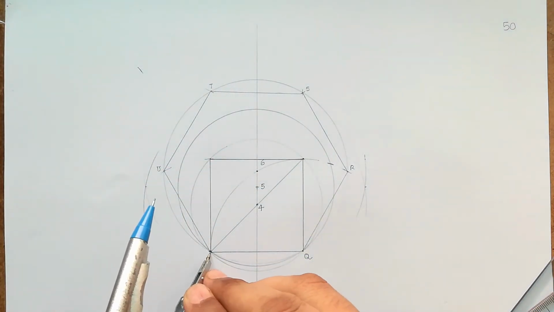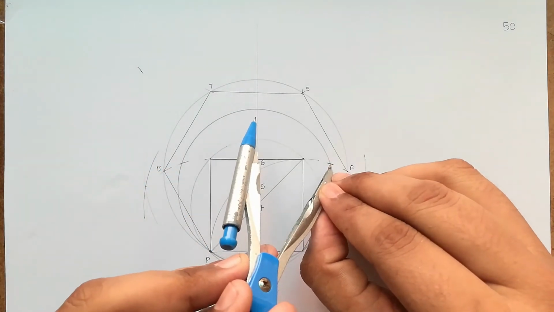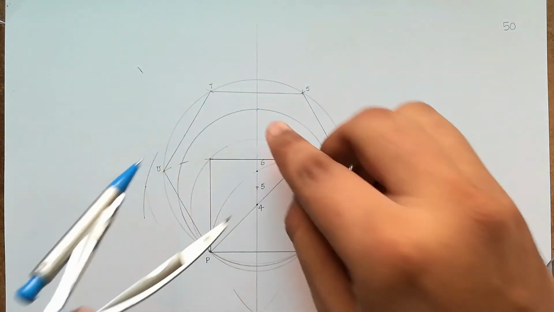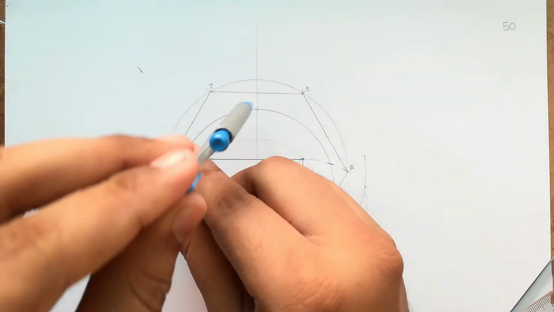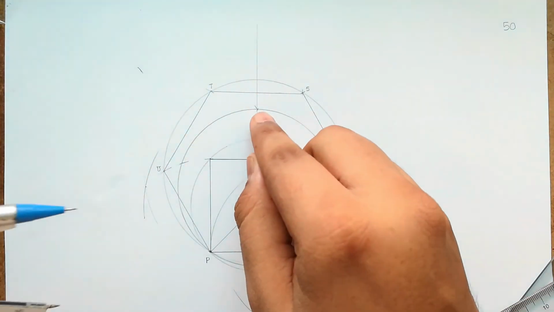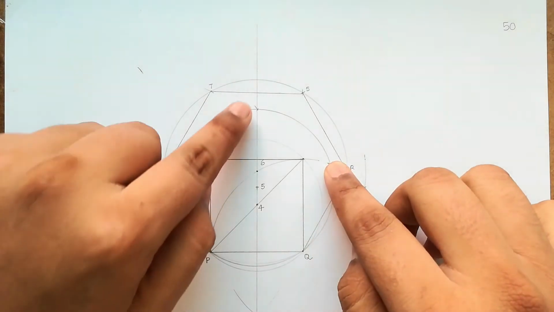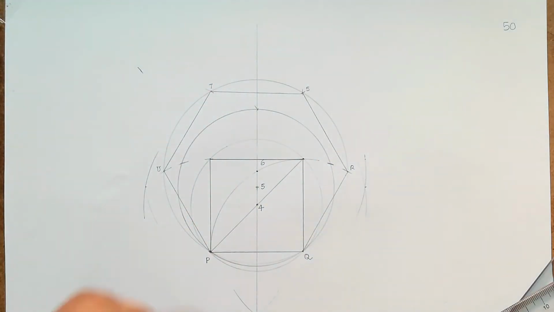From point P I will try to mark an intersection over here, and further if you mark intersection from the received point, as you can observe, you are getting the top point over here. The same thing, if you mark the intersection from here, you are going to receive the top point. So these are the 5 points. This is PQ, these are 2 points, and this is the top point. So by connecting all these 5 points, you will get a pentagon.